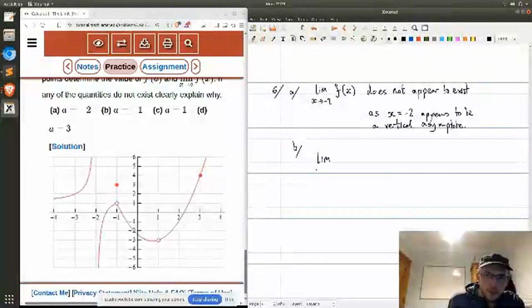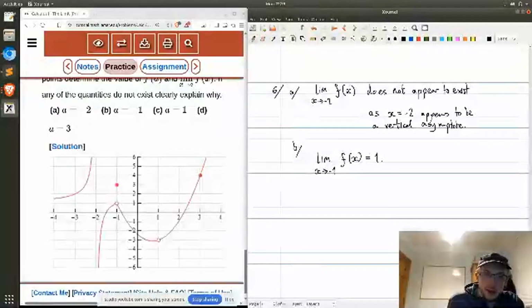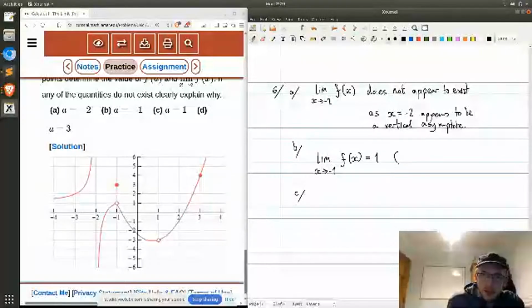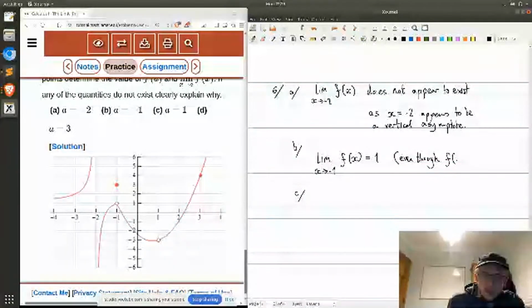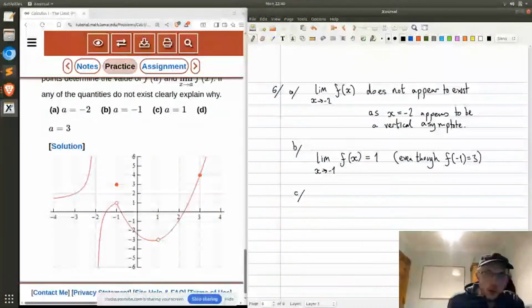Okay, so the limit as x approaches -1 of f of x is what? 1. Appears to be 1. And I'm going to say, even though f of -1 is 3, it does not depend on what the function actually evaluates to. Okay, so